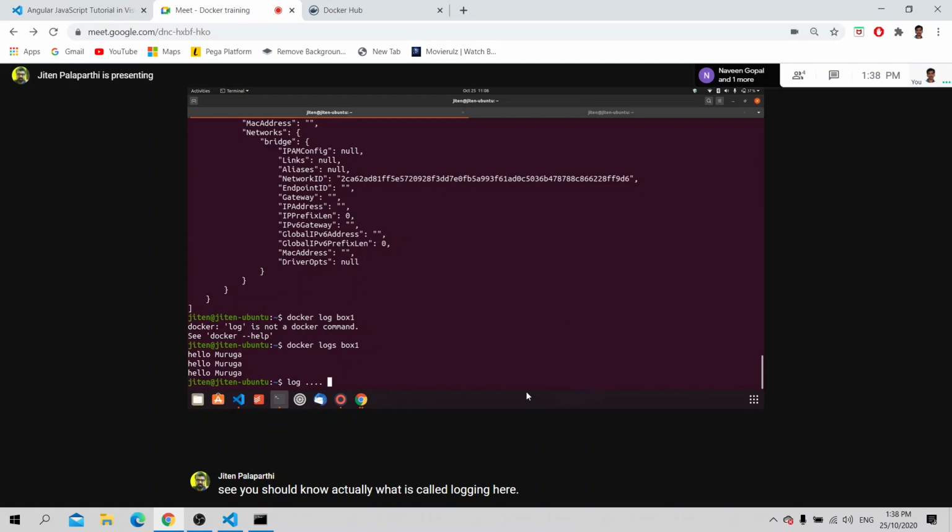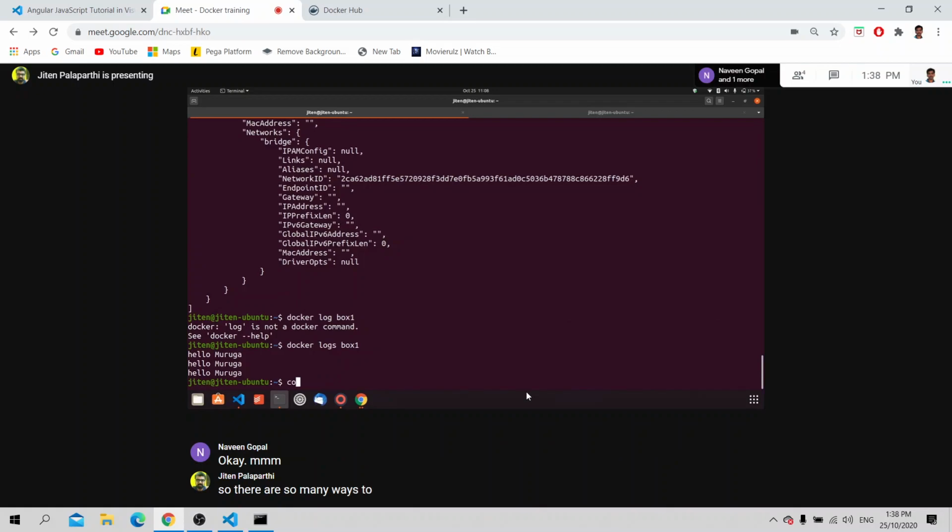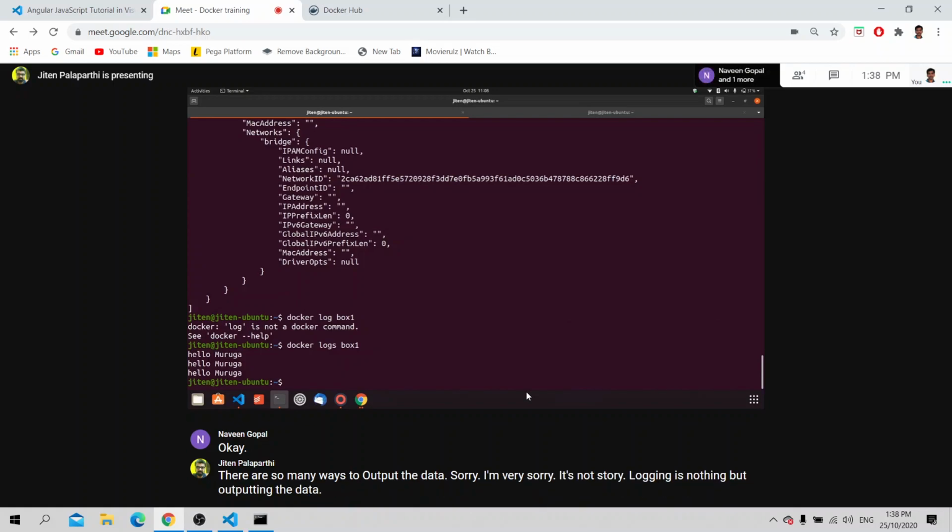There are so many ways to output the data. Sorry, logging is not storing. Logging is nothing but outputting the data.